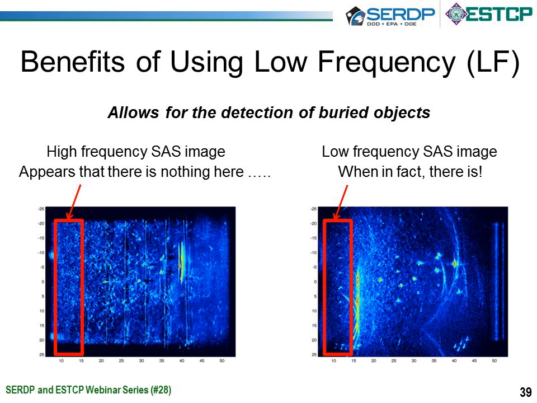In contrast, when you look at the right-hand image, it's trivial to identify where the objects are. This is because the backscattering from the sediment is much less for the low frequency, and the objects show up much more brightly against the background. This means that low frequency SAS data is very useful for something like region of interest detection, where you want to look at an image and determine where the potential objects may be that could be UXOs.